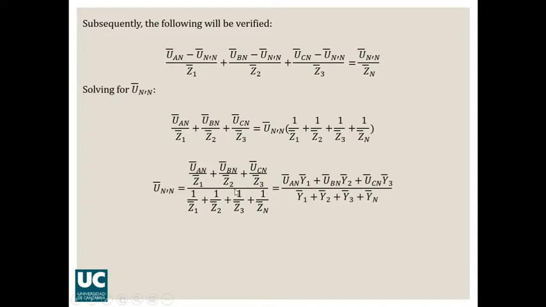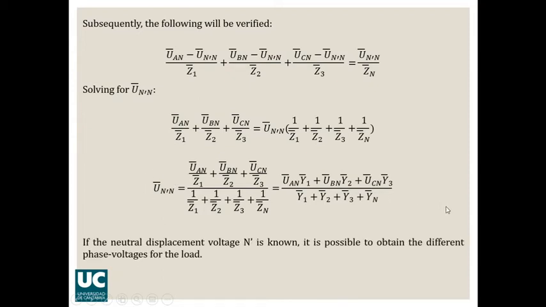That means that if you know the values of the impedances of the loads, you can get all the values of the admittances, and then you should know also the value of the phase voltages here between one phase and the neutral conductor. And then you can get the difference in potential between the two sides of the neutral, which is also called the voltage displacement, or the displacement voltage as you have here. So initially this displacement voltage is not going to be zero anymore when the system is not balanced.